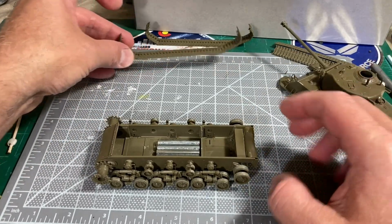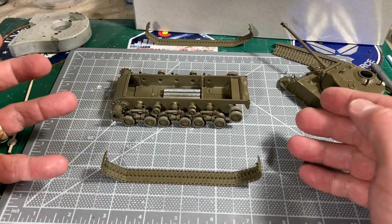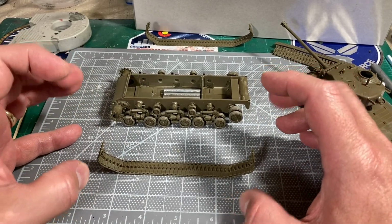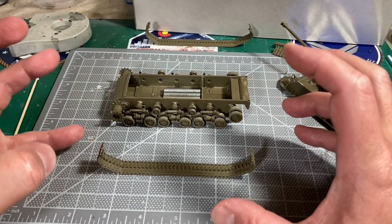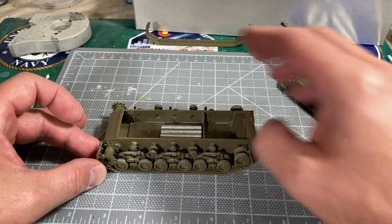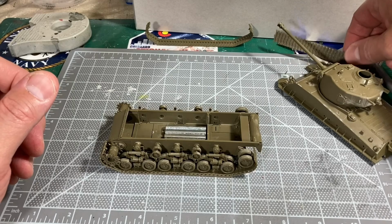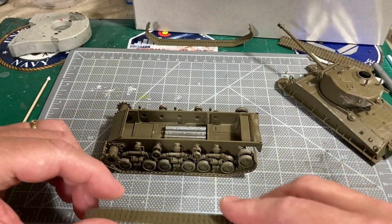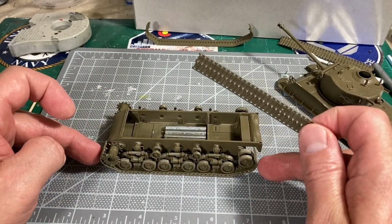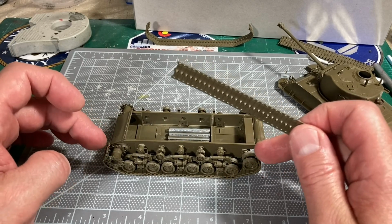And the tracks, so as you saw, the tracks go together in sections, and then you glue the sections together and let it dry for a while. Don't let it dry 100%, and then you just wrap them on. But I wanted to be able to take the tracks off because I want to paint them separately, and not have to worry about trying to mask everything. So as you saw earlier in the video,